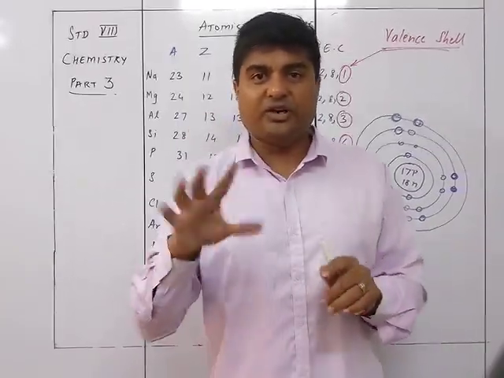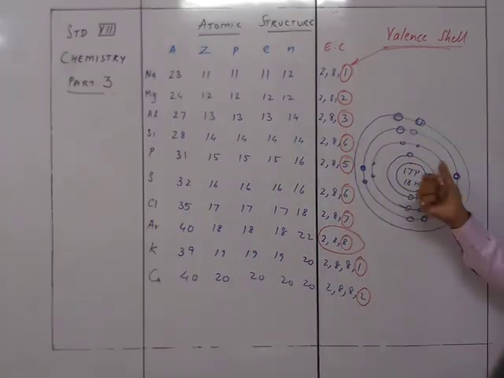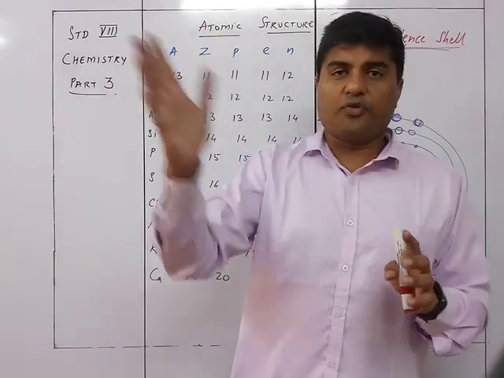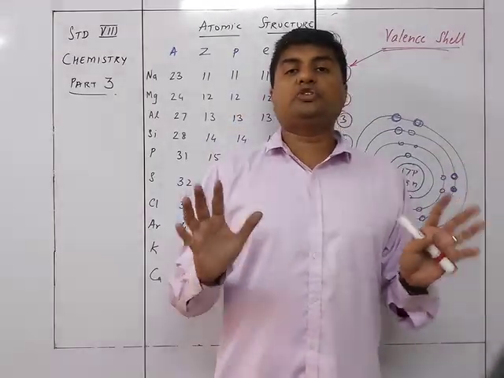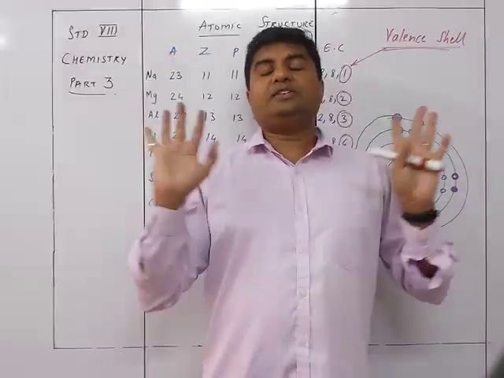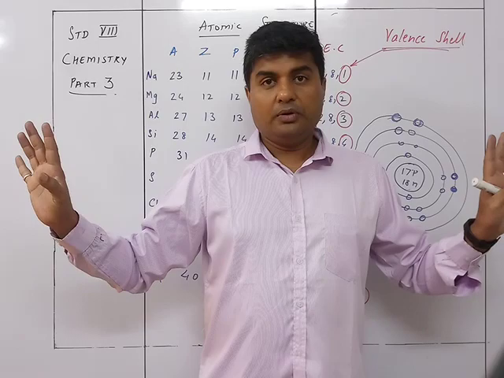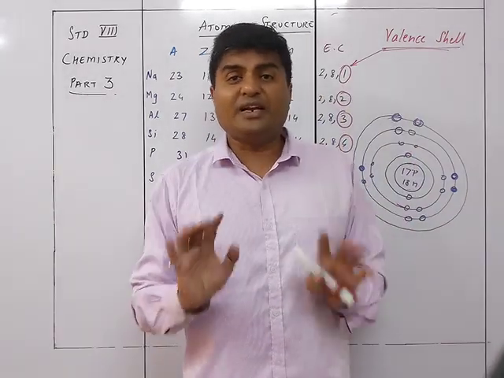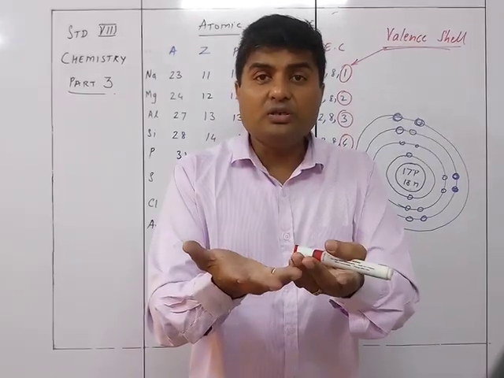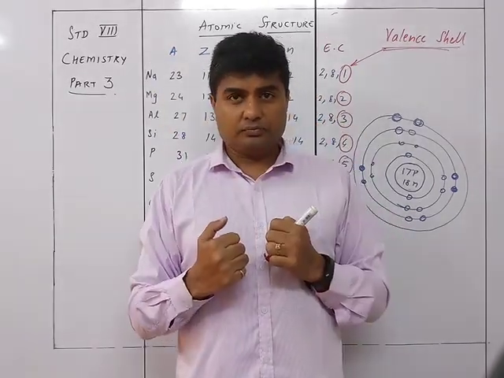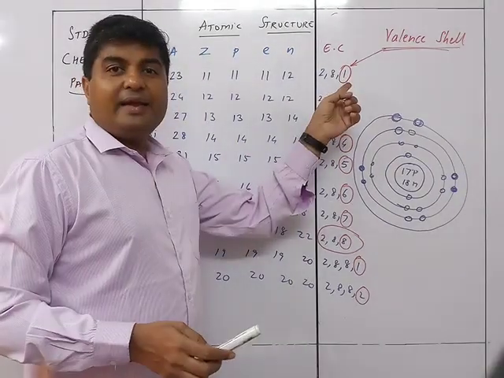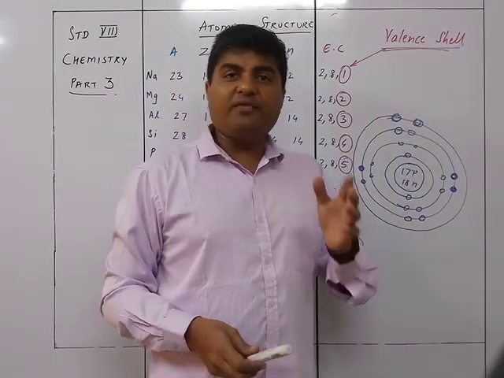That means if it is in the first orbit only, if it is only one orbit, then what is the number of electrons it wants? Only 2. But if it is the second orbit or third orbit or fourth orbit, they want that the last orbit should have only 8 electrons. If they get 8 electrons, they are completely satisfied. So for that satisfaction, what they do is they give away electrons or accept electrons, such that, for example, to get to 8 it will be very difficult to get 7.